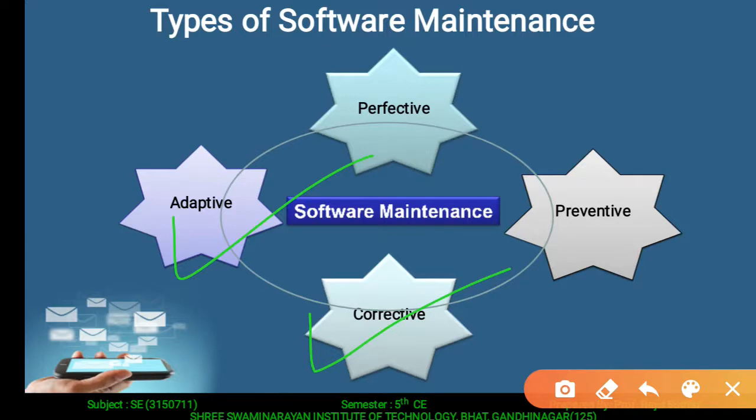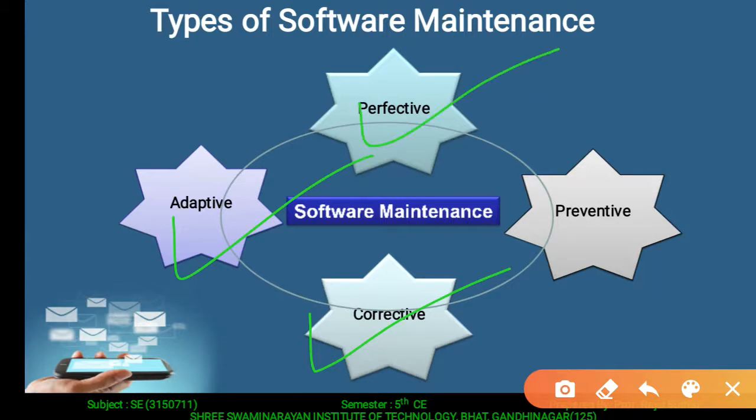This type of maintenance includes modification and updation applied to keep the software up to date and tuned to the ever-changing world of technology and business environment. So adaptive maintenance is required to update with the latest technology day by day. Updation also improves the performance by using adaptive maintenance.